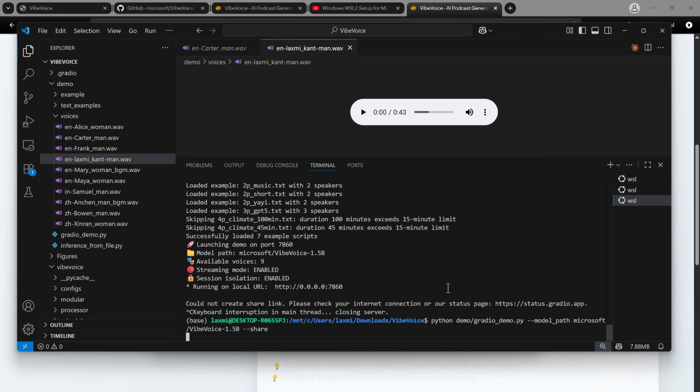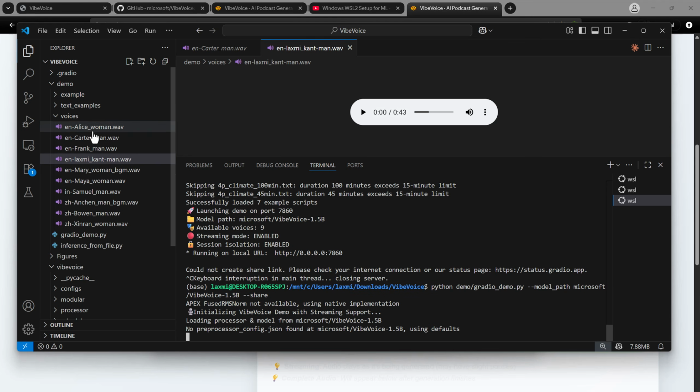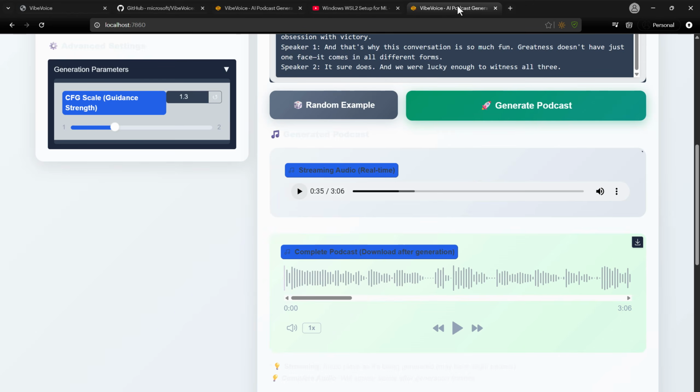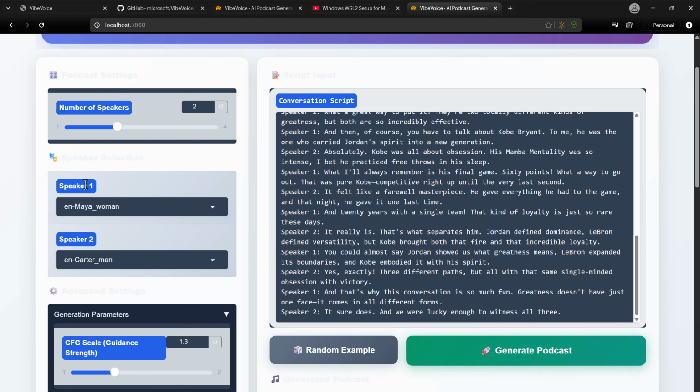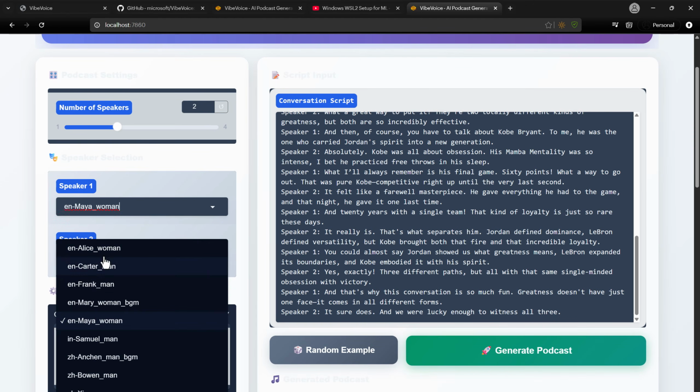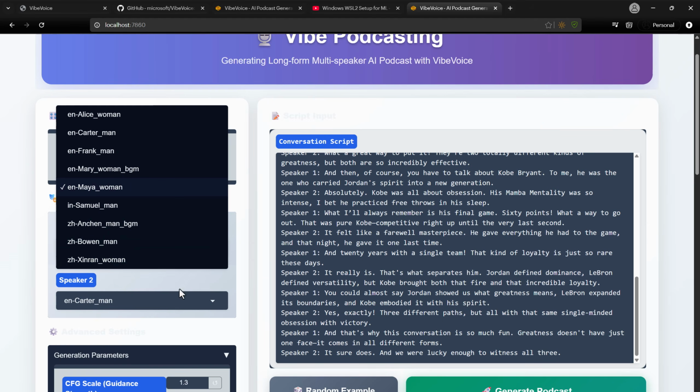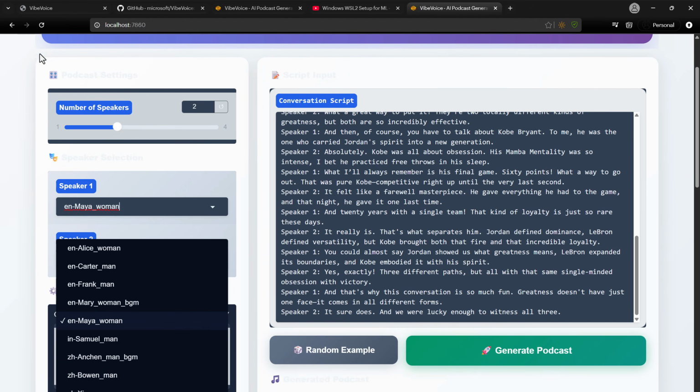So after running the second time, it is going to load all these voices here. Whatever voices are available here, all of them will be reflected in this speaker list. Currently, it does not have anything like Lakshmikant. So what you have to do is, we have restarted our application, and now you have to reload this.